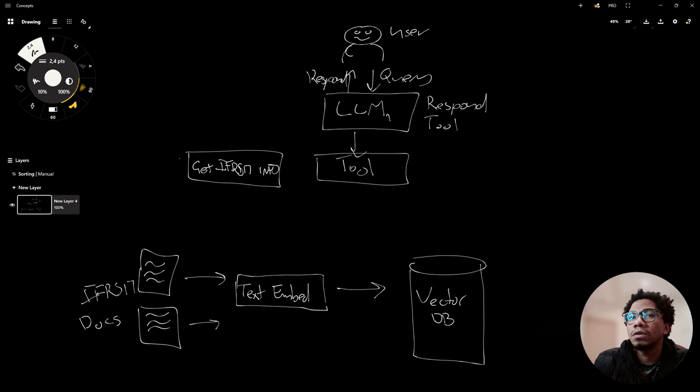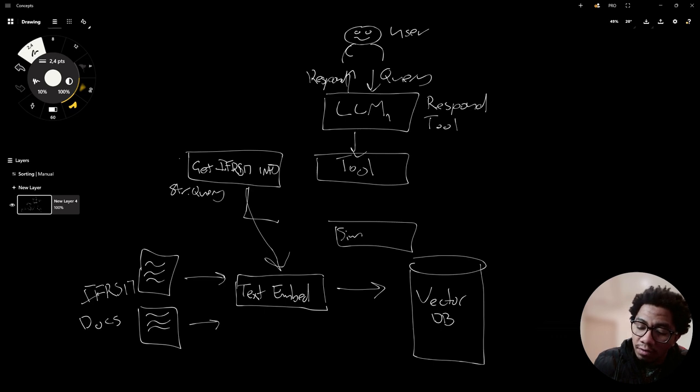And this function only has one parameter, which is a string, and the name of that parameter is query. This function will then be used to pass the query, and embed that query,